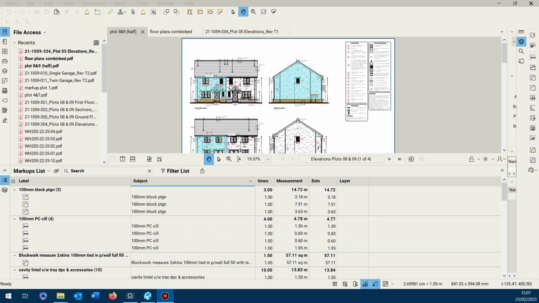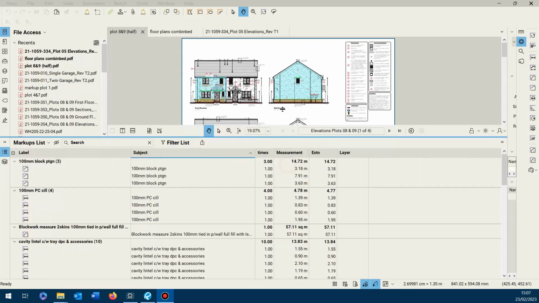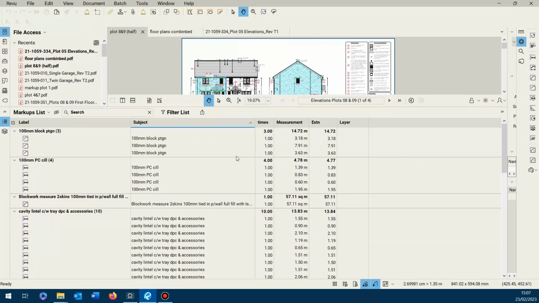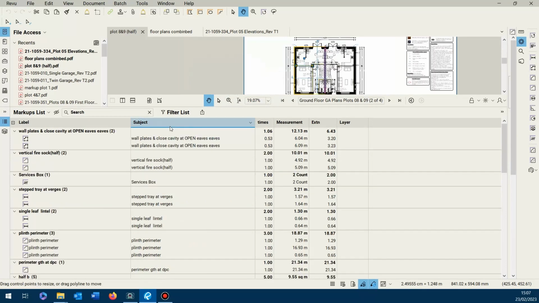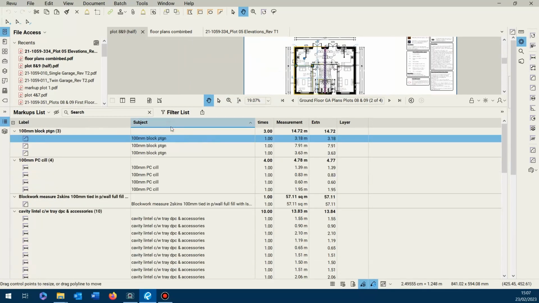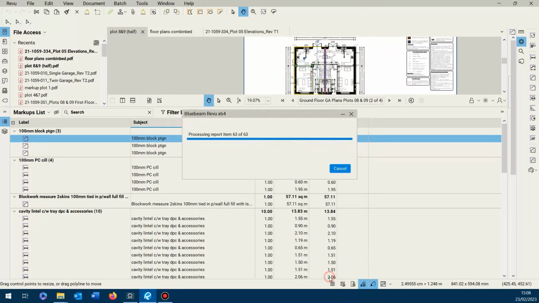One thing I get asked quite regularly is why, when I export, does my data not make sense? And the primary reason for that is usually that within the markups list, just before exporting, you haven't filtered by the correct column. As you can see here, this markups list is filtered by subject because there's like a blue line under it there. And if I export that, you'll see it's all nice and neat and all grouped together